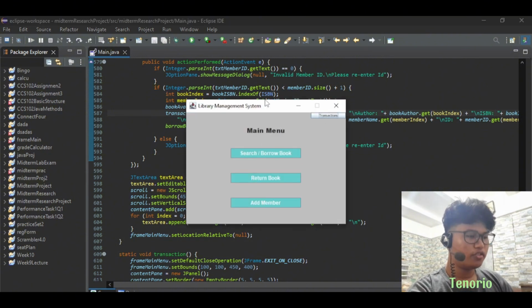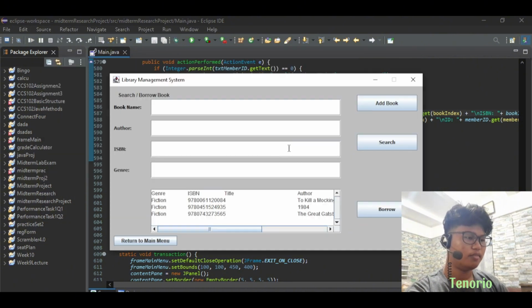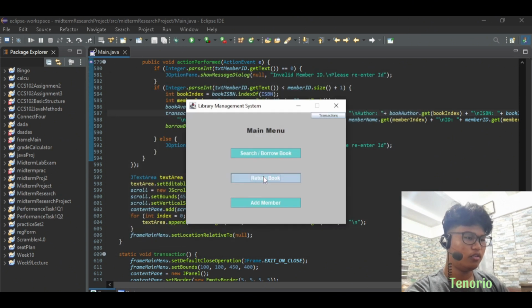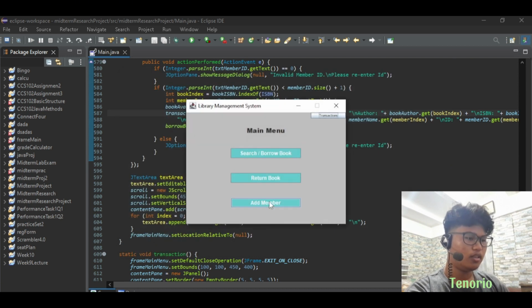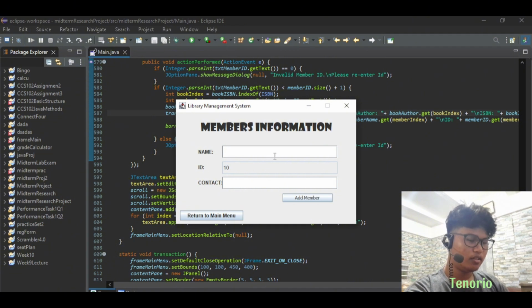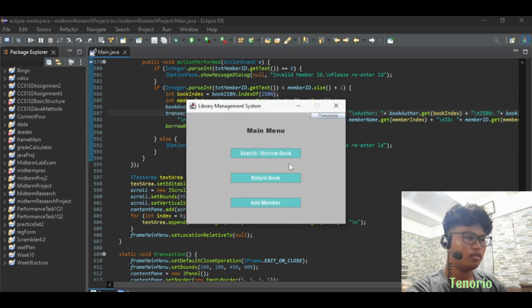When you run the program, a window will pop up that is a main menu where you can redirect from a button to what functions you need to do. For example, the search and borrow button will go to the search and borrow book window, or the return book button, if you click that, you will go to the return book window. And lastly, the add member button will go to the add member information window. And there is always a transaction button where you can see all of the transaction log